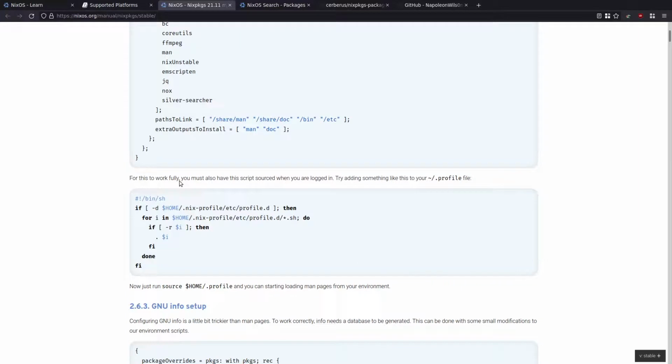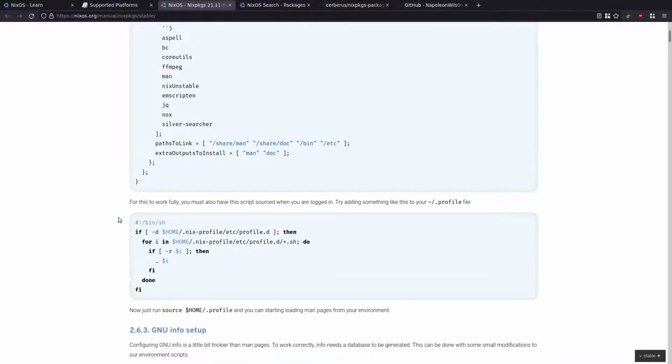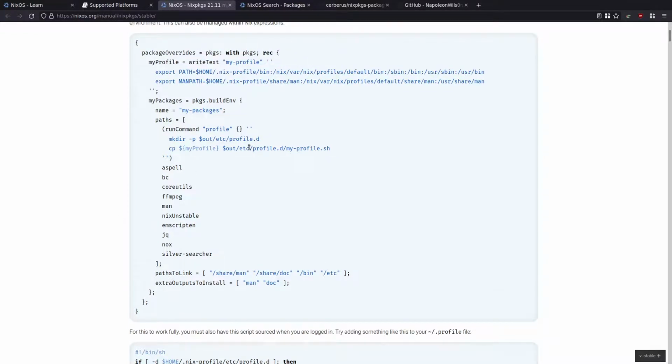Now it's going to suggest adding this to your shell config, but you don't want to do that. It works without that, and what it does is basically it overrides part of your path. And I found out a lot of the stuff in my bin directory didn't work because this was overriding it. So you can just ignore this section here. This is the bit that's